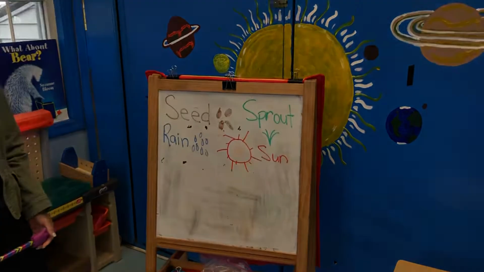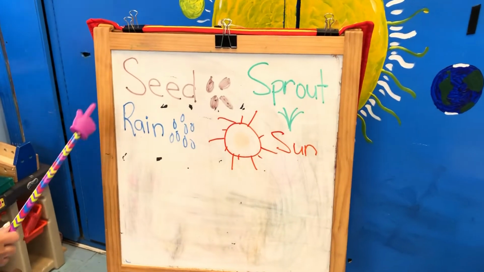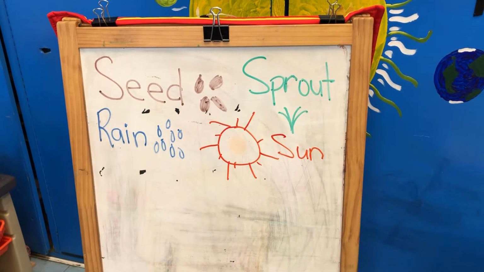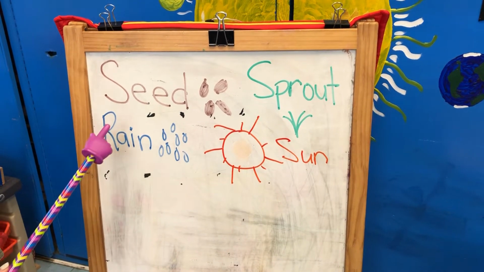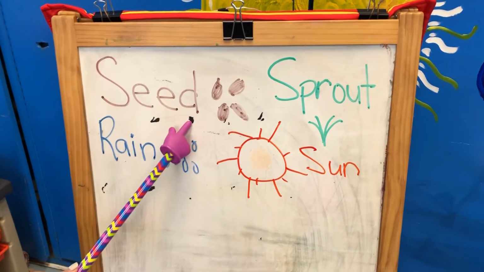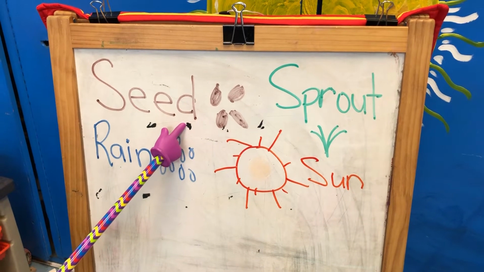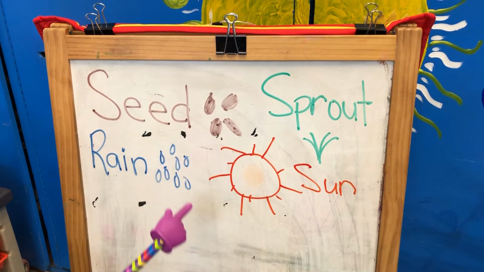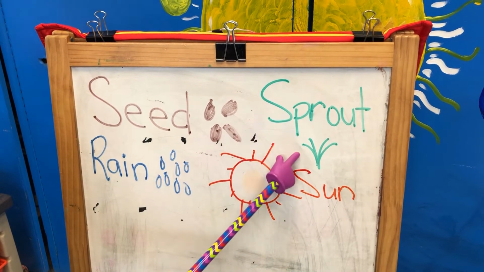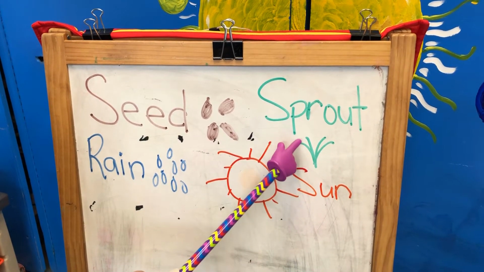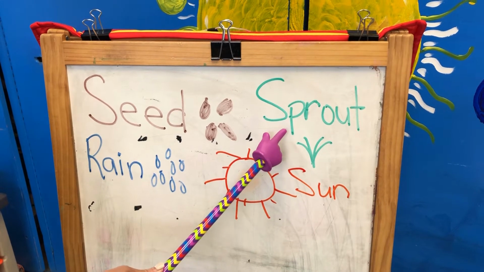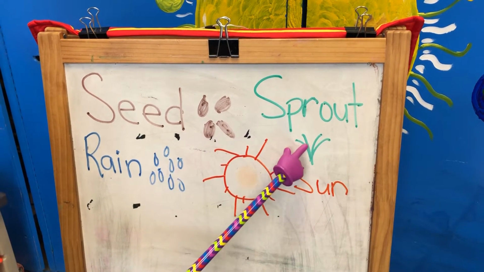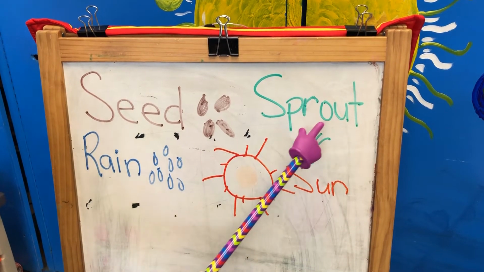If we want a flower to grow, we first need a seed. We can use one seed or more, but we definitely need a seed to begin planting. And after we have the seed, we put it in the ground. And when it's in the ground, it will sprout. But in order to grow from a seed to popping out into a sprout, we need to make sure we